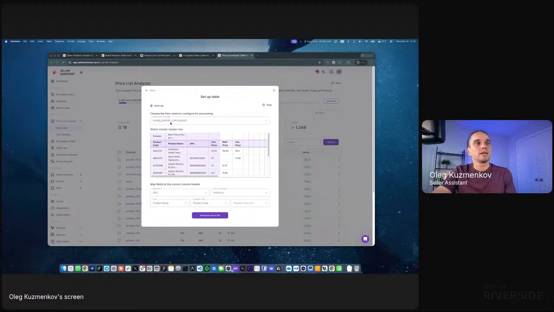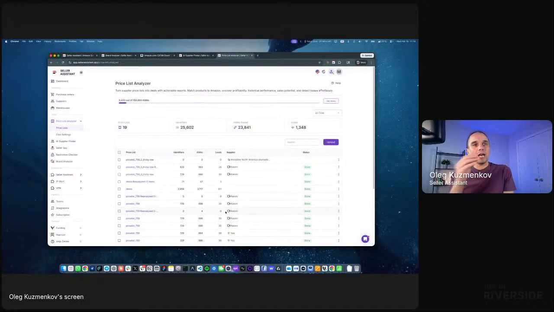As you can see, the tool picked the right tab, and also it picked the header, and also it mapped fields. Like we see product code as product SKU, product name as product title, and everything has been mapped as expected. So I just click analyze. And what's happened right now? The tool